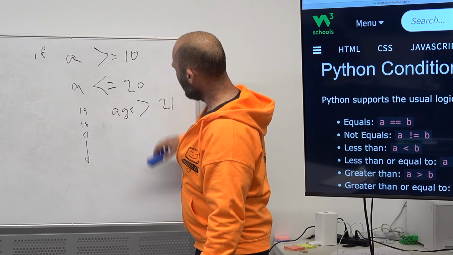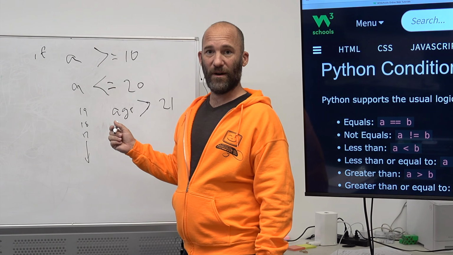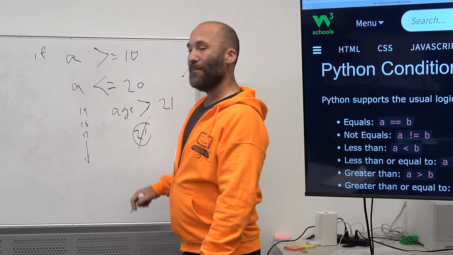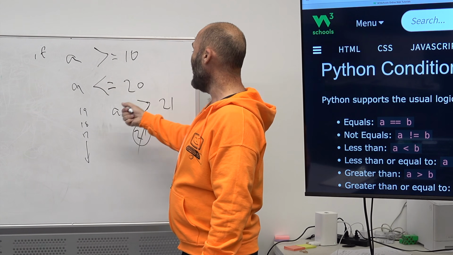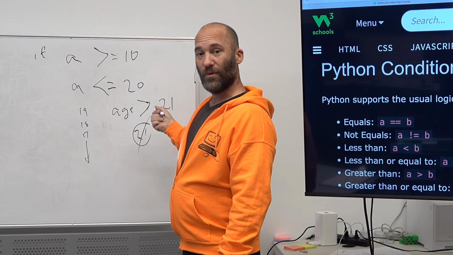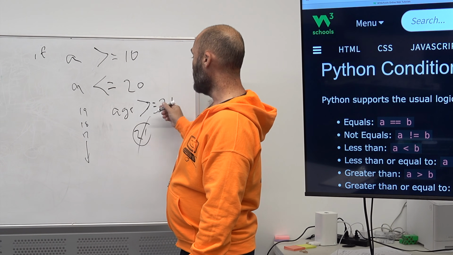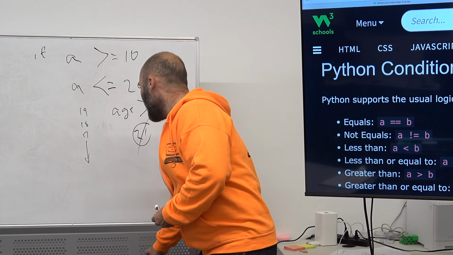If you simply say if age is greater than 21, basically all the 21-year-olds will not be able to get in. It will fail out because 21 is not greater than 21. 21 is equal to 21. And so you would have to do either age is greater than or equal to 21 in order to get 21-year-olds in, or you would have to say if